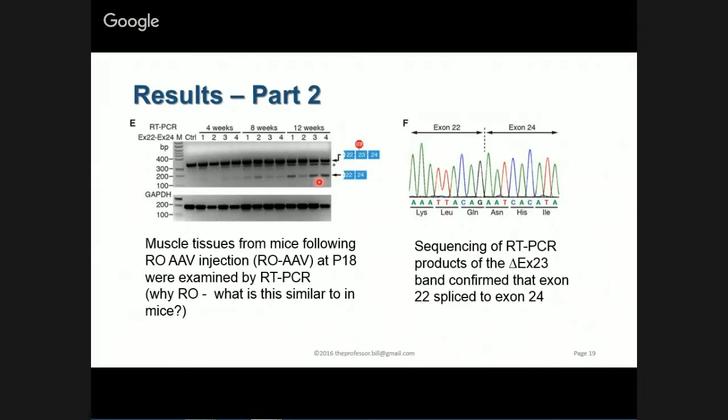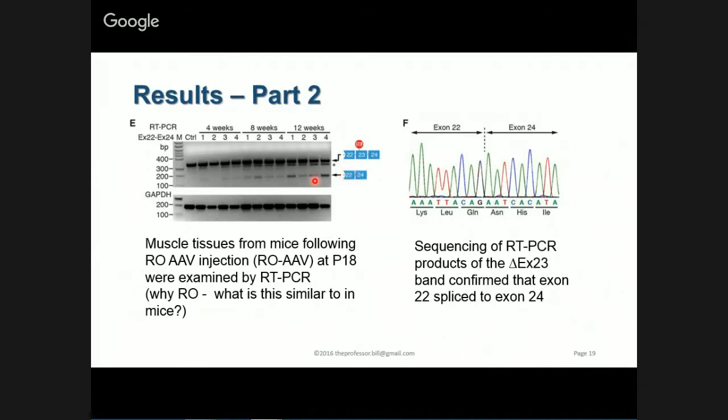If you then take some of those RT-PCR products, you cut the gel, take out the RT-PCR product, and send it for sequencing, it should tell you that exon 23 isn't there. So one way in which we do PCR is to make sure that the size of the predicted PCR product is correct, and that's good. But because we might be looking at other artifacts, we want to make sure that what we intended is actually occurring. And so when they do this experiment,